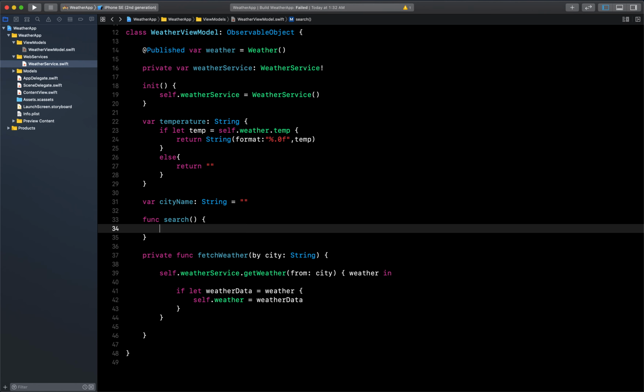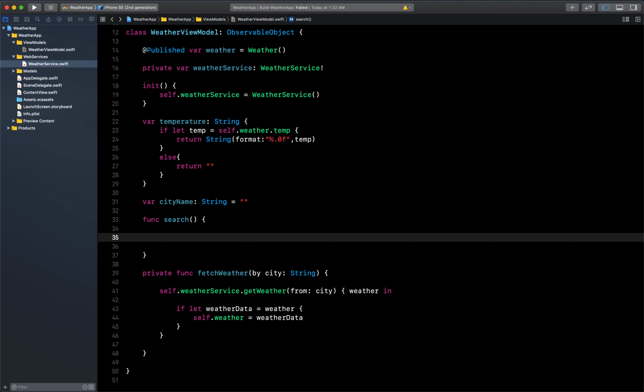and inside this we are just calling the fetch weather, but before that we need to check the city name is right or not. So city equal to self dot city name, and also we need to use this adding percent encoding. Suppose you search for some cities which have spaces between the two words, it will remove that spacing so that our URL will not get an error.